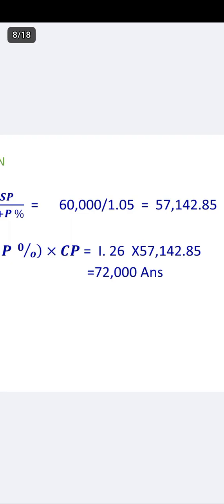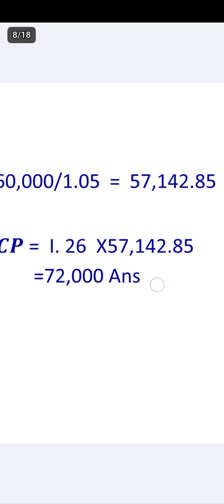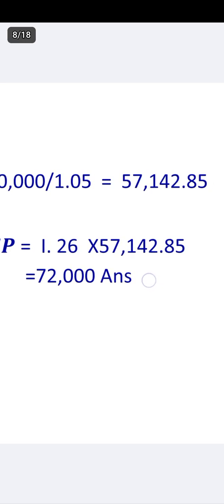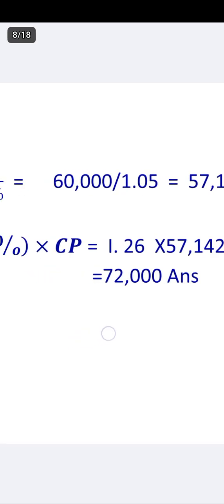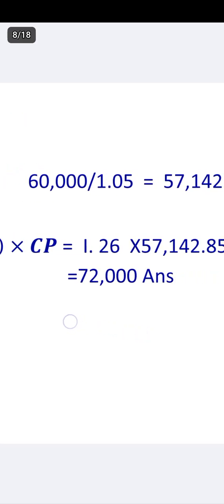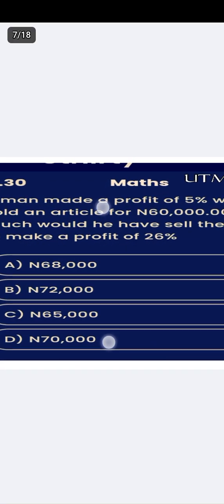1.26, being 26% markup for the profit. 1.26 multiplied by the cost price, which is 57,142 naira 85 kobo. That will result in 72,000, which is the answer. Then the right option from the options is